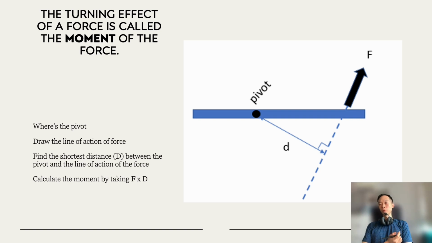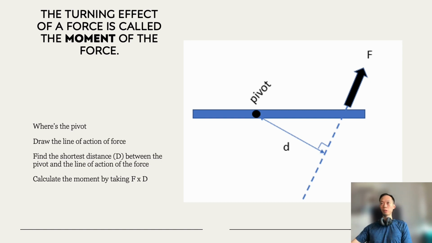Okay, so the chief things that you need to consider when calculating moments are, first of all, where is the pivot? In easier questions, this is usually given, but in harder questions, you have to decide for yourself where you want to choose as a pivot. We'll have some examples on this later. Once you have found the pivot, the next thing you have to do is to draw the line of